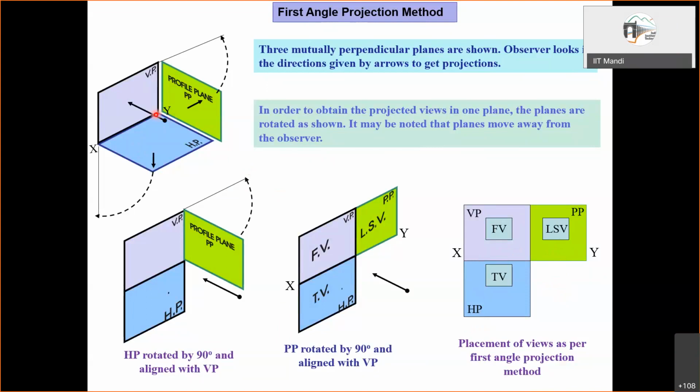So the placement varies. To keep this in mind, consider what happens when we rotate these planes. The object is here, and the top view is projected here. Thereafter, the horizontal plane is rotated and brought into the same plane as the vertical plane. So this rotation is done away from the observer. For the top view, the observer is here looking in the downward direction. The object is somewhere here, the observer here, and the plane of projection is at the opposite side. So you see, the object is in between the observer and the plane of projection. This is the plane of projection, here is the object, here is the observer.